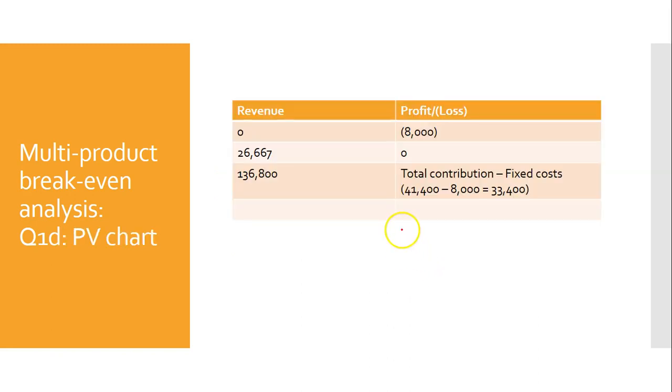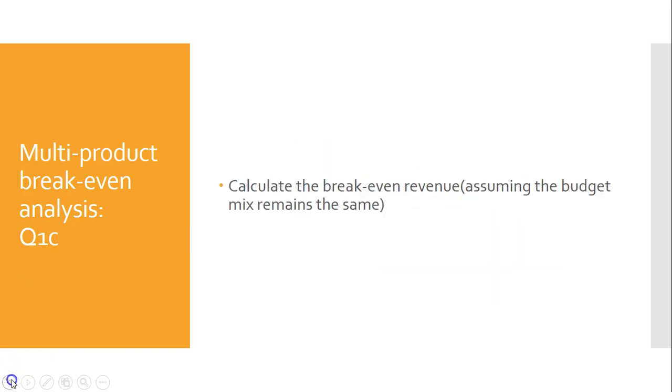To construct the PV chart, this is what I have. I have revenue of 0 when the loss is 8,000. I have revenue of 26,000 when profit is 0. And I have a total revenue of 136,800 when my profit is 33,400. How did I get this figure, 136,800? Well, if you go back to my initial question,